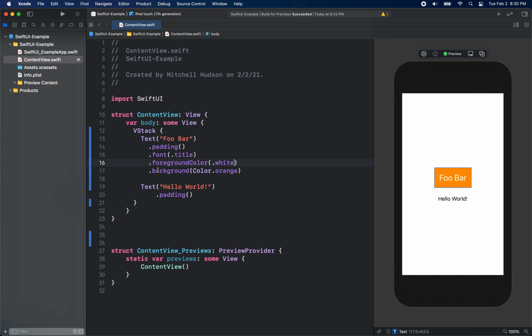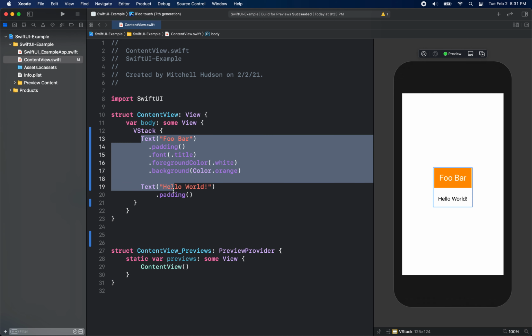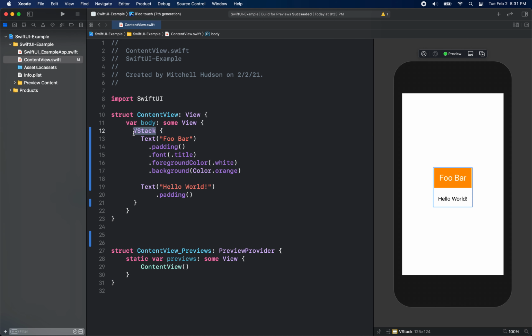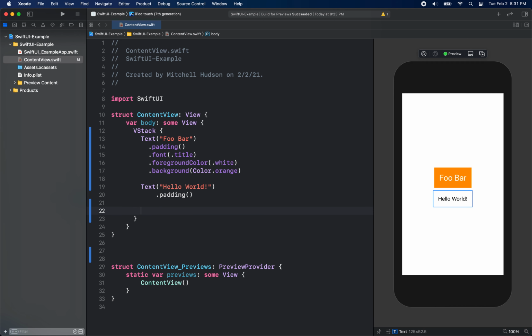So anyway, there's kind of an introduction to how you might make views in SwiftUI. We talked about the VStack. So anytime I add something to the vertical stack, it'll be stacked up vertically. You can see here, if I select the VStack, the blue outline goes around all of the child elements inside the stack. And I have two children here, text and text. And if I was to add another text item here,